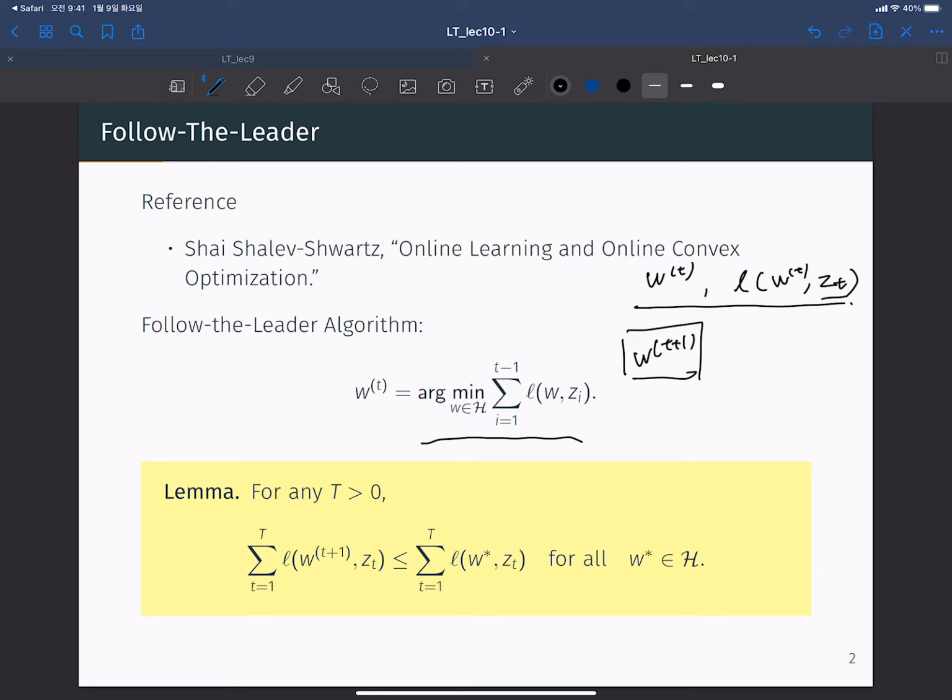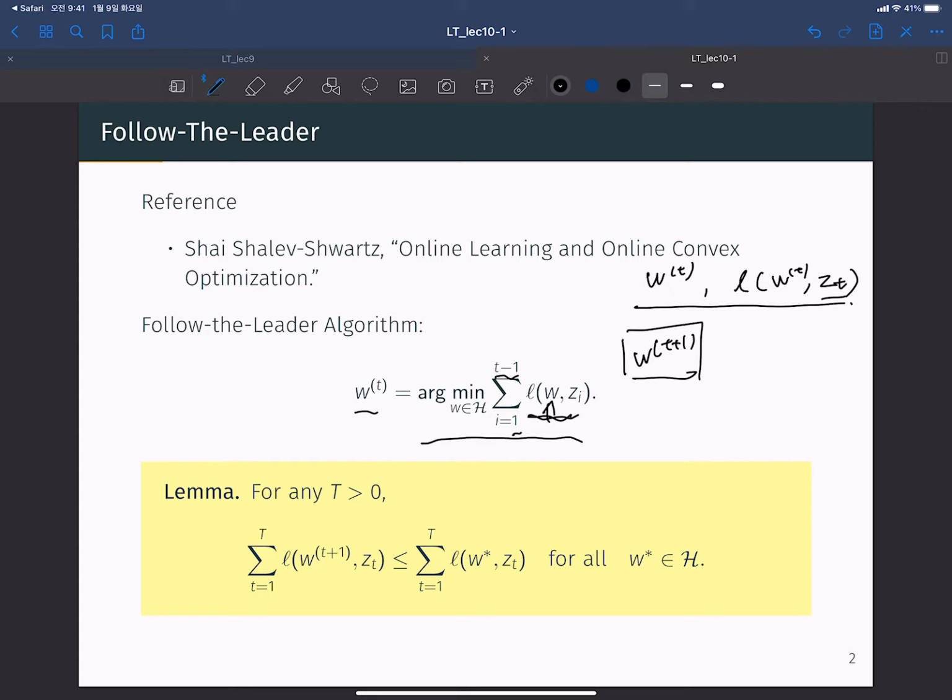Just consider the sum of losses from i equal to 1 to t, and find the hypothesis w that minimizes this sum of losses. This is called the follow the leader rule, and this simple rule can give us a very nice regret